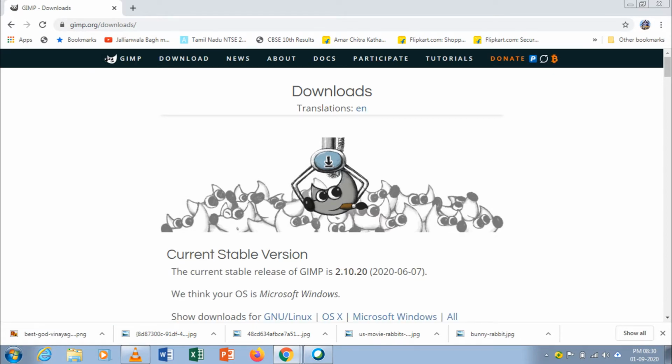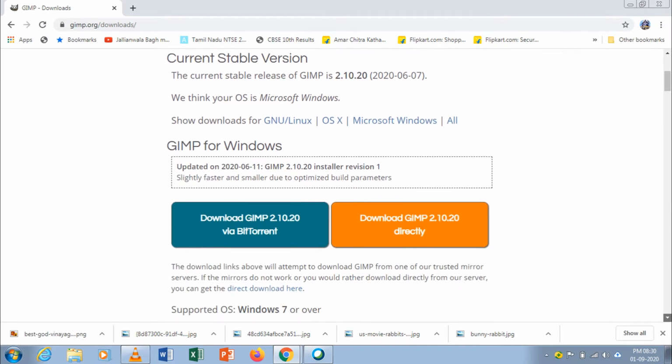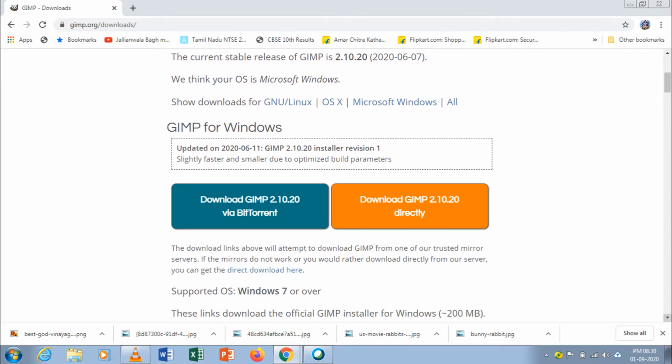In that, what you have to choose, you have to select the directly option. If you choose that, immediately the setup file will be downloaded, that is the exe file. Then using the exe file, you can install the software and you can use the GIMP. Okay children.